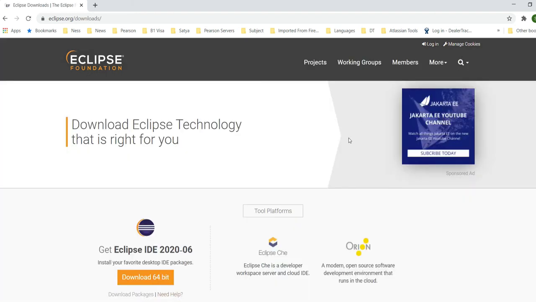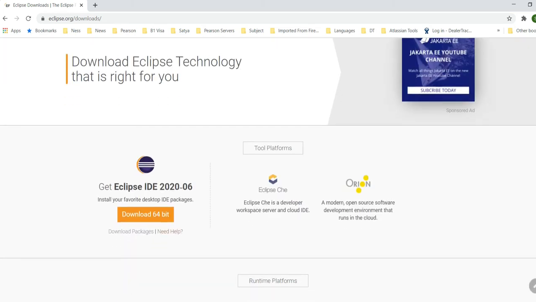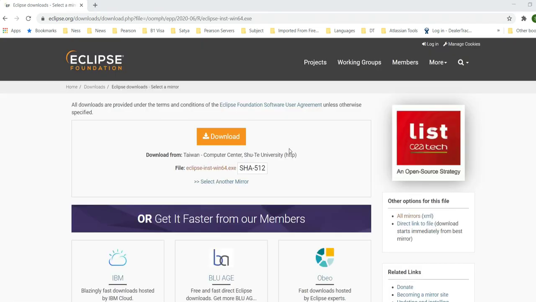Click download, and if you have a specific requirement, such that you need a particular version for your development, then you can go to that version, or it is preferable to go to the latest version. The latest version is IDE 2020-06. From here click the download, and don't worry about the download mirrors.